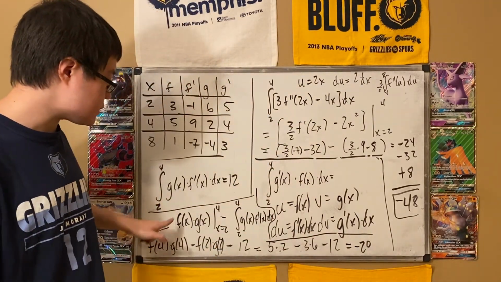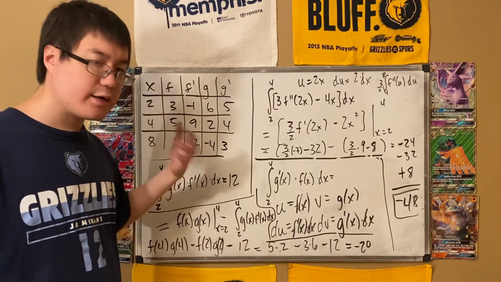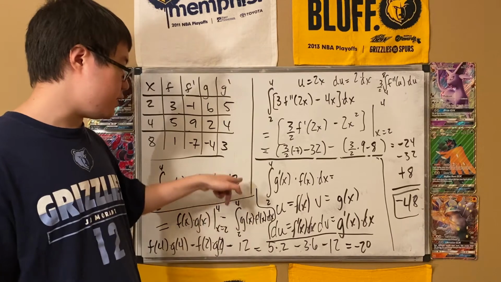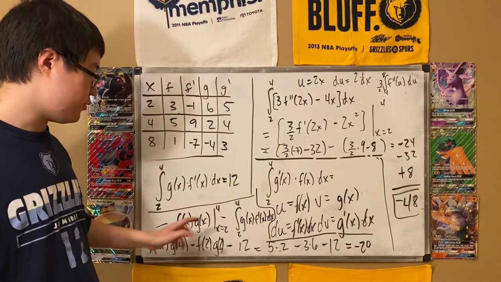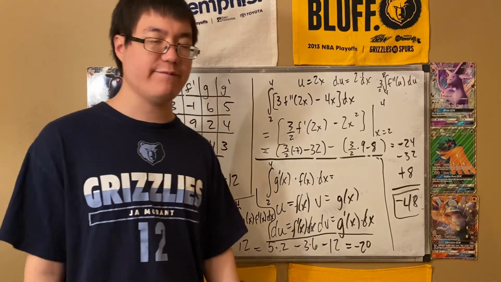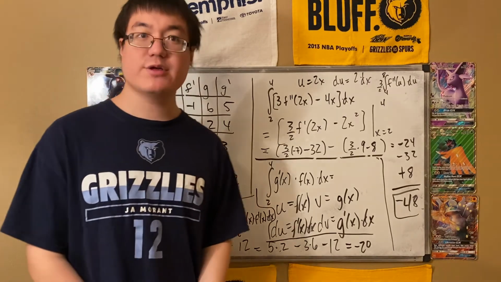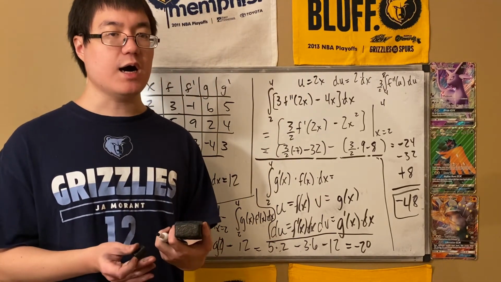We do our normal process. u times v minus the integral of v du. This integral, again, we have to do, but in this case, it was very easy. We just replaced it with the number 12 because that was a given. And then finally, fundamental theorem of calculus, one more time, plugged in 4, minus plugged in 2, and then finally found the answer. So this has been one of our longest videos ever, but that's because integration by parts